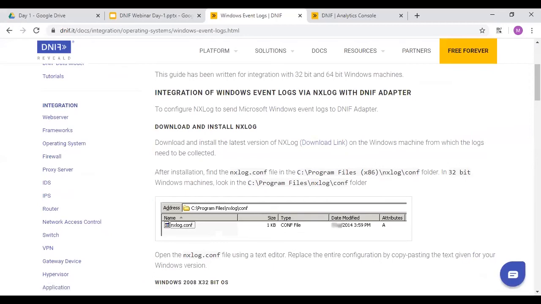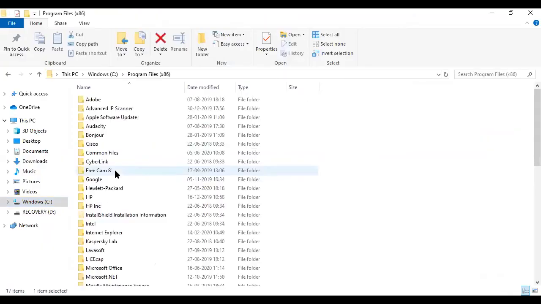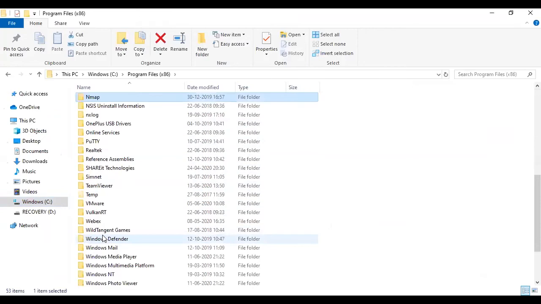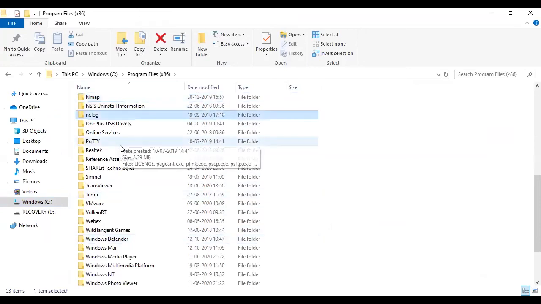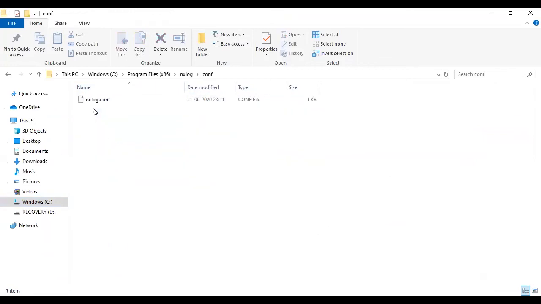Once you download it, you need to go to your C drive. Let me share my screen where you download this. After downloading, if it is 32-bit or 64-bit, go to that location where your nxlog is. You can see nxlog, and you can see the configuration file, the nxlog.config file. Once you open this,